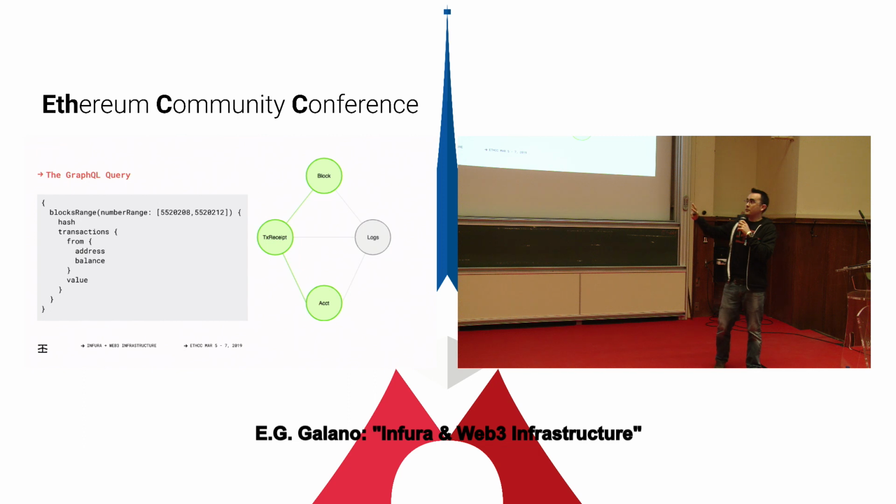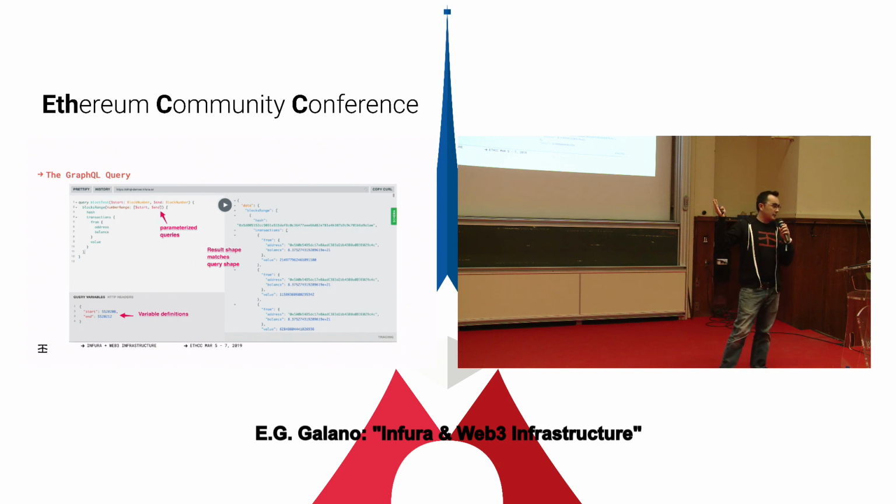Put into the context of EthQL, it creates a query tree. So back to the simplified diagram that I put up before, this is the part of the tree that it's going to be querying. And the left side is what it looks like in the GraphQL syntax. The blocks range from start to end, block hash, transactions, and value. It's easier to see here, but the data relationships between blocks, transactions, and accounts are a little bit more apparent the way that they're nested.